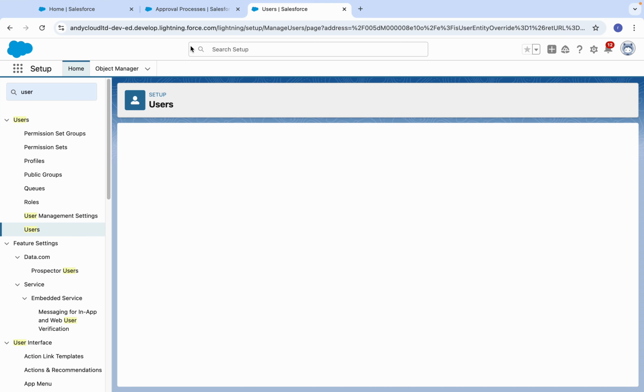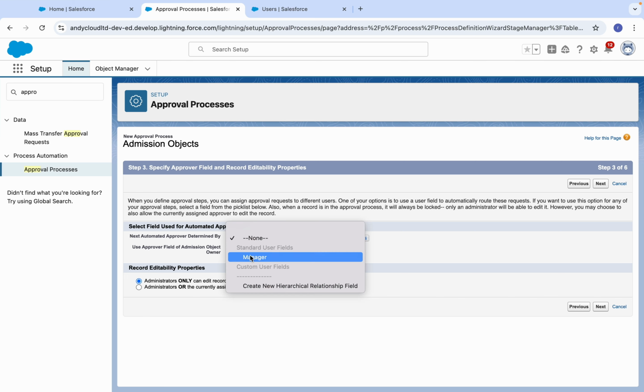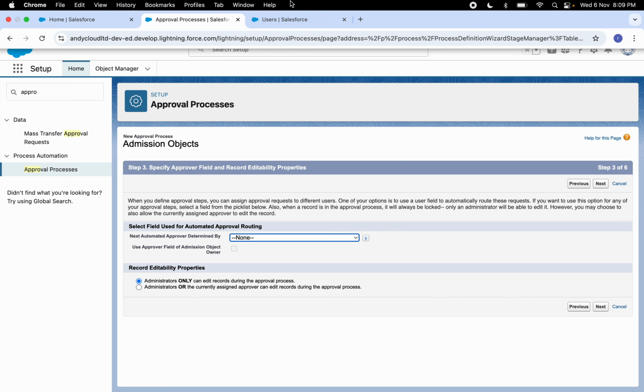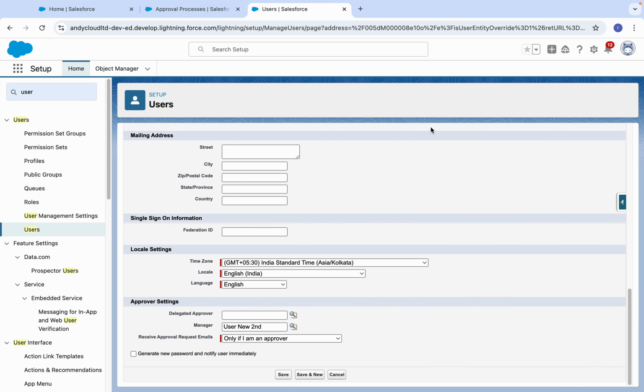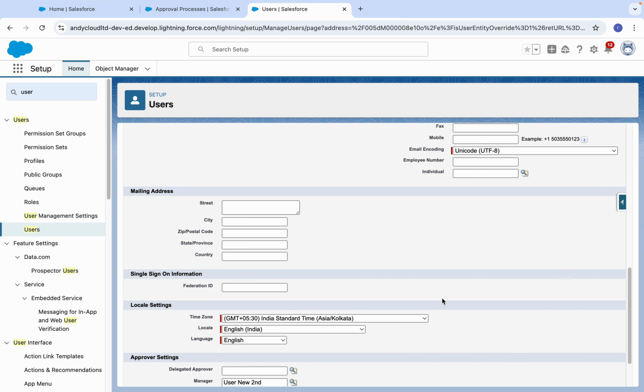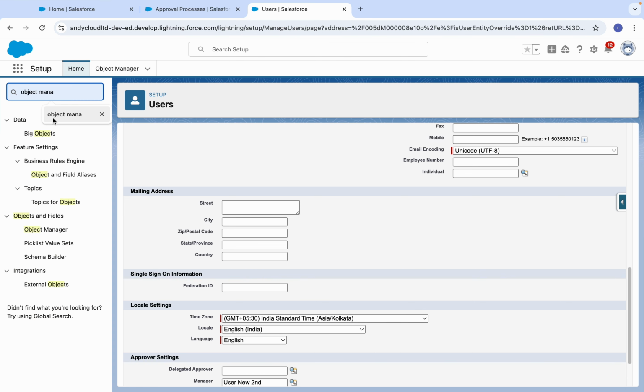So while creating the approval step, instead of manager, you can click here. You had seen manager-based approval earlier, but there is no other field here. So how will we create it? You need to go to object manager.